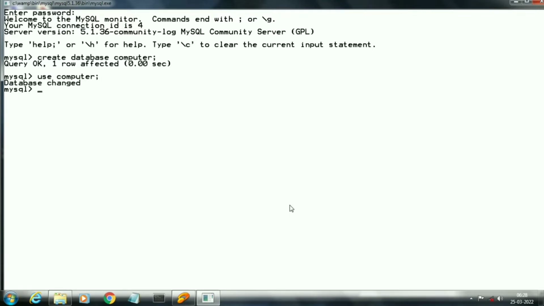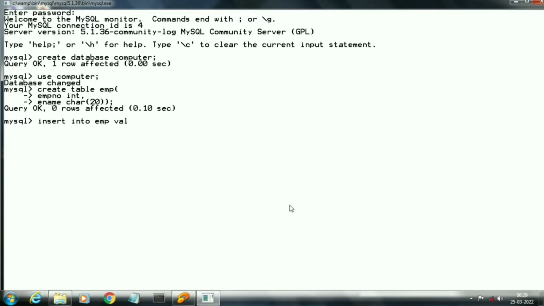Here I am creating a table named EMP without any primary key. I am including two fields in this table. First one is employee number and second one is employee name. I am using create table command. Here there is no primary key declaration. Primary key is declared with a variable after its data type.